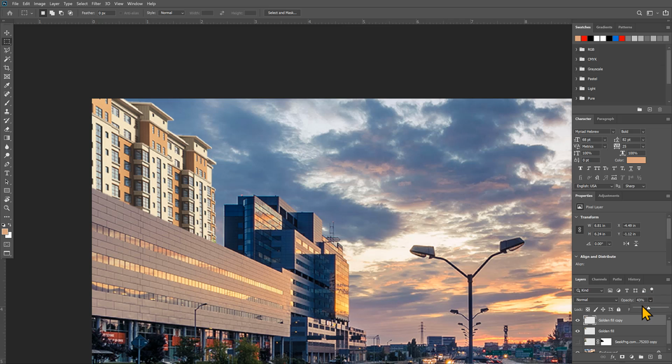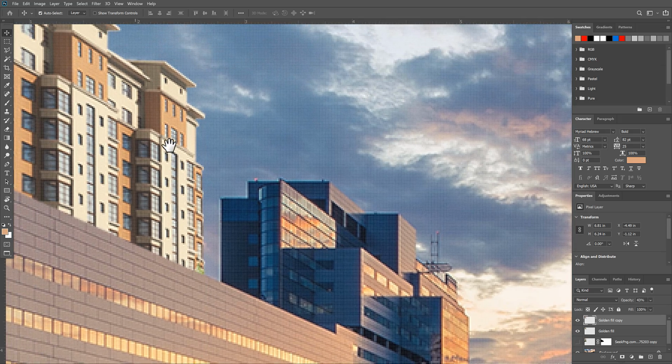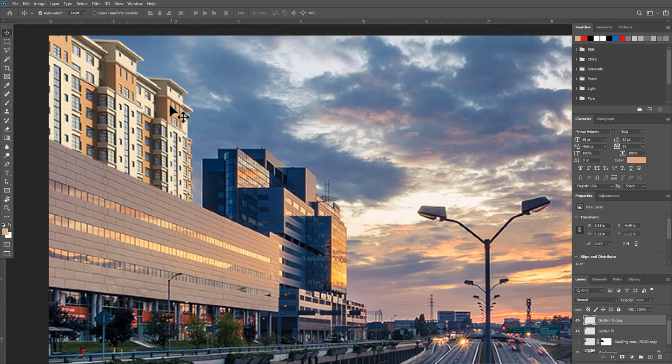And again, after that, I would still go and try and see what would have happened with higher or lower levels. Okay, so looking at the image right now, I still don't feel that the new buildings really blend well. And I think that the color of the material of it should really be okay. But the main issue, or at least what my eye is detecting, is that the windows